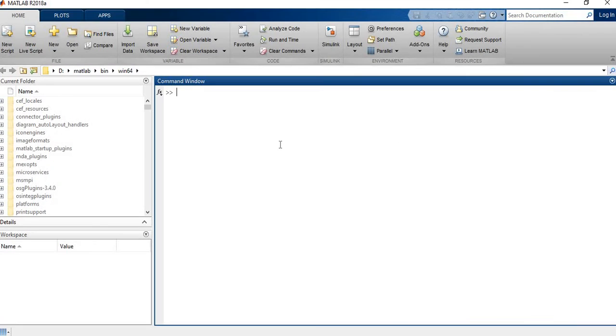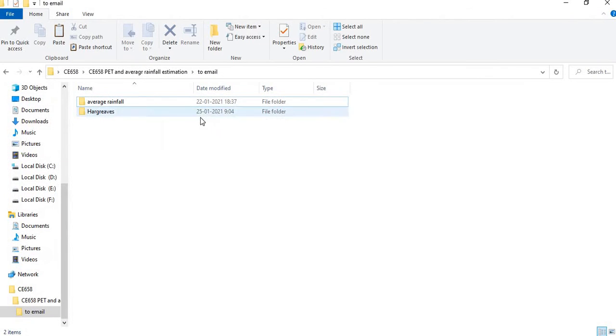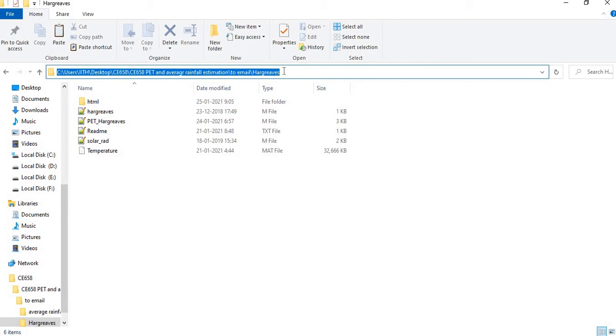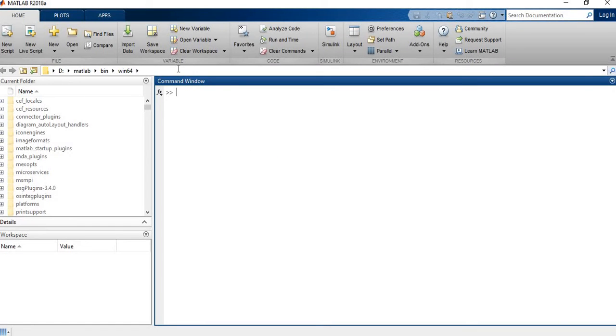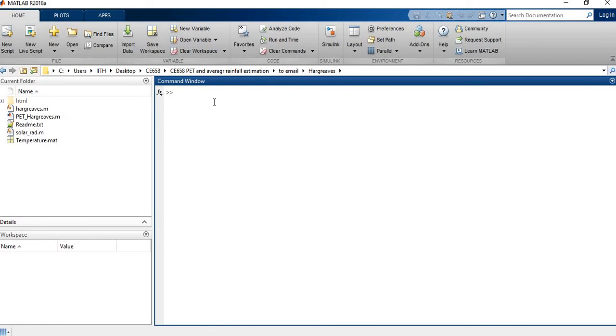Go to MATLAB and go to the folder where you have saved all the required data. I have saved all the data in this folder. I'll copy this link, Control C, and paste it here, Control V. You can see there are different files in this current folder.